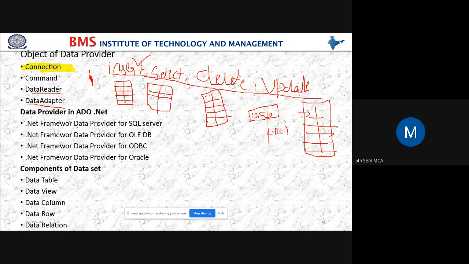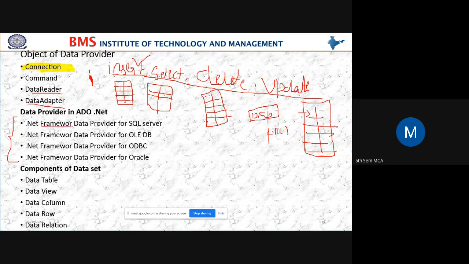And next we have data providers in ADO.NET. These four are the data providers we have in ADO.NET. Yes, students, here a spelling mistake is there.